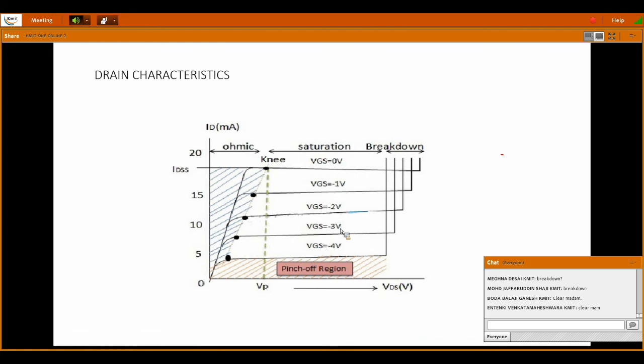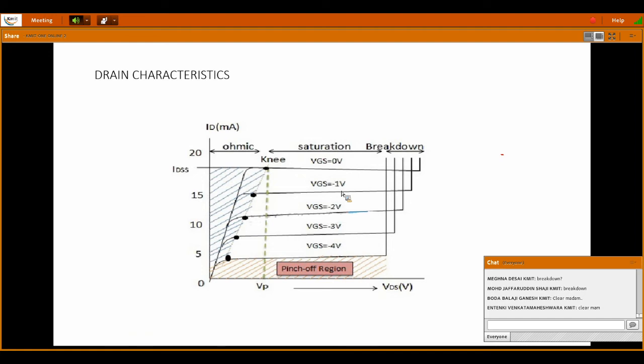Now what we are doing, see, VGS I want to give some, because VGS right from the starting we are saying that VGS is reverse bias. Because of this reverse bias only, high input impedance is available for the FET. So to satisfy that reverse bias condition, I am giving a negative voltage for VGS. That is, first I want to give -1 volt. Then what happens to the pinch off point?